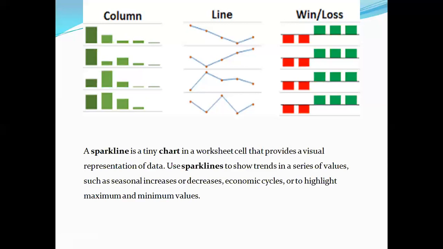In the next session, I will tell you how to make a chart and how to format it. Today, I have discussed just the charts. You should know the name, you should know the type, and you should know which chart is called by what name and where and how it is used. That concept should be clear.